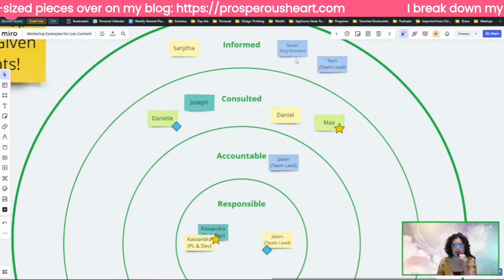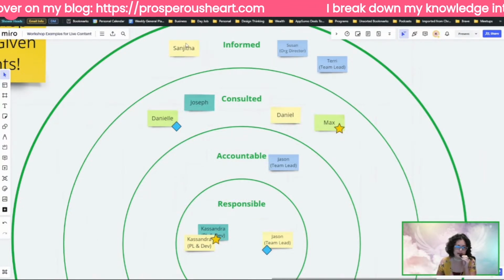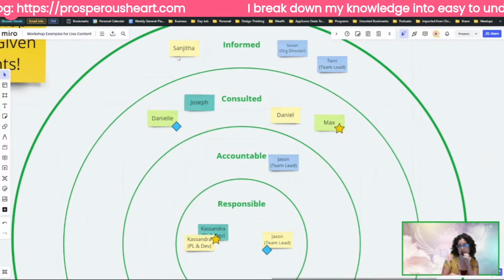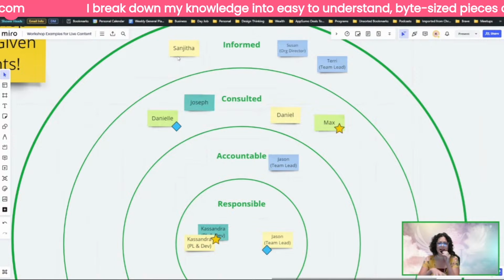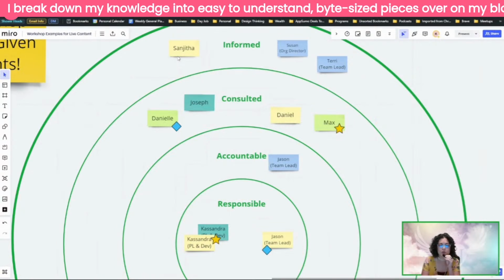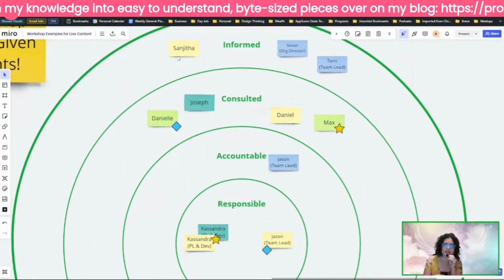And then you've got an org director and another team lead and another developer who might be on the same team, but not related to this project. They're all going to be informed. So that's kind of what you can do to figure out who is involved with this project and who needs